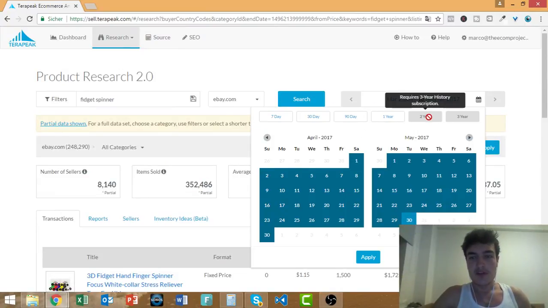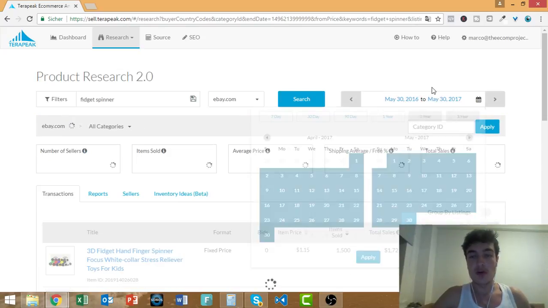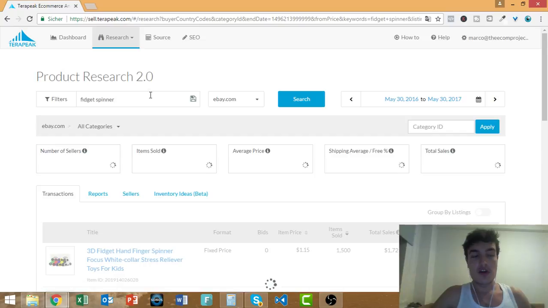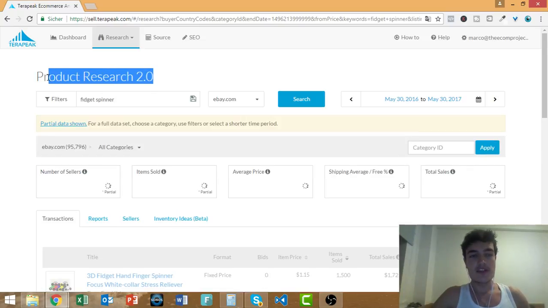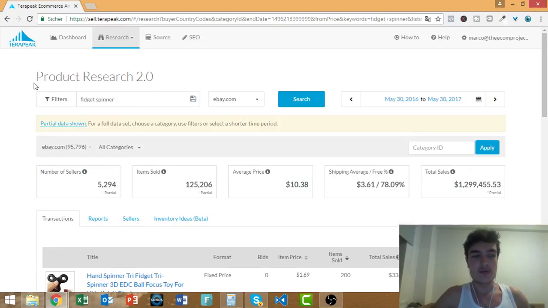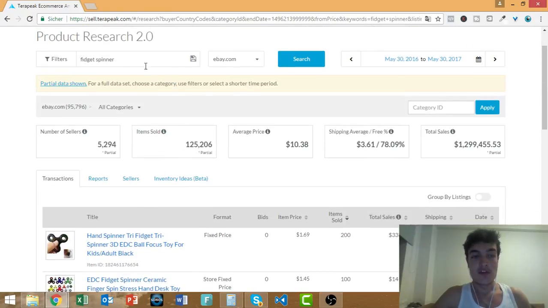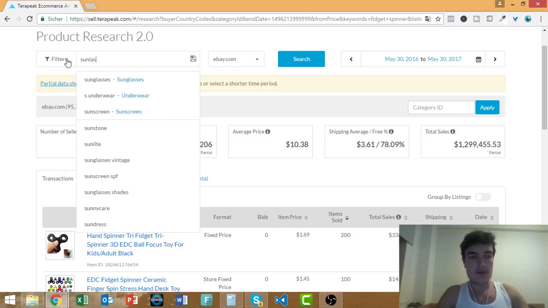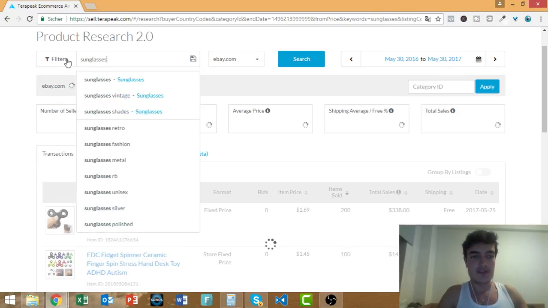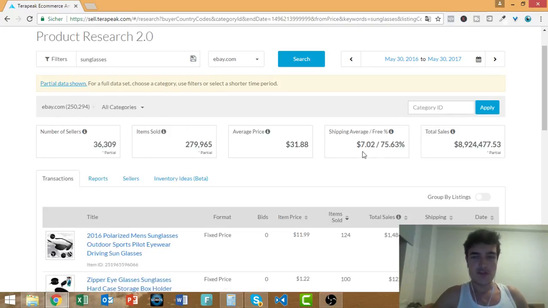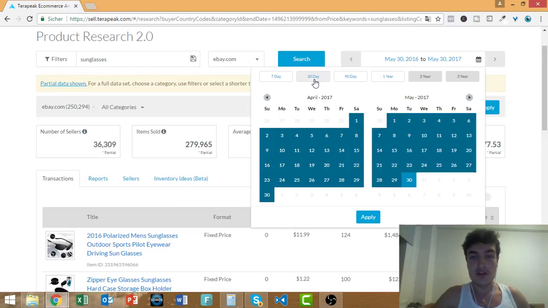So for example, this requires an additional subscription to show the 3 and 2 year data, but we can go back up to 1 year. And especially if you are in niches that are not as trendy and seasonal and special as this one here, you can really see how sales developed over time. So let's just demonstrate this by using something that is very seasonal, for example, sunglasses. And I assume that they recently go up very much. So if we just go back to the last 30 days,